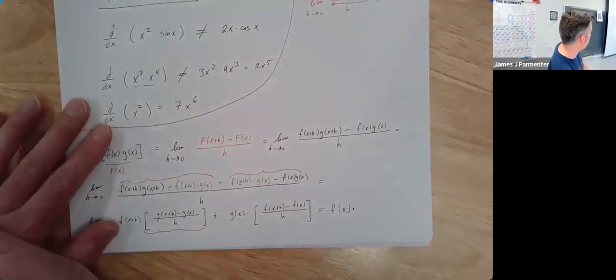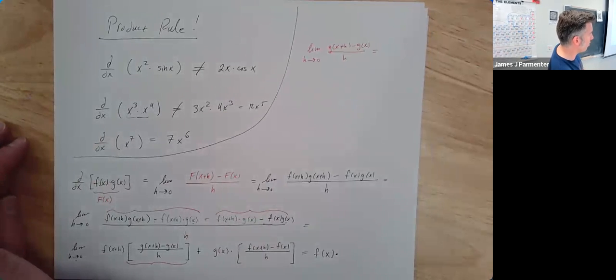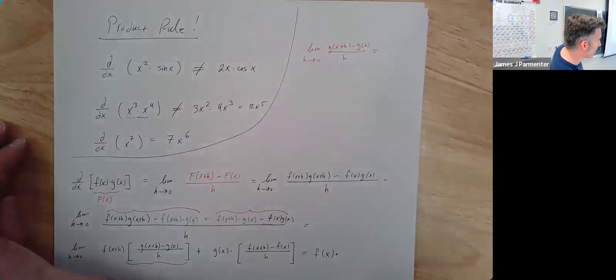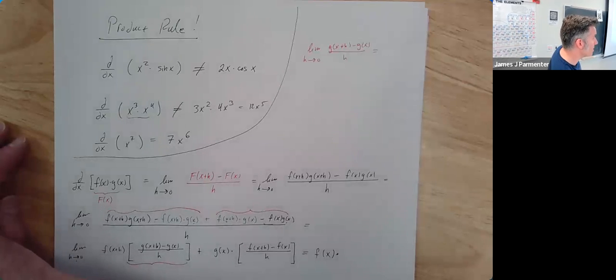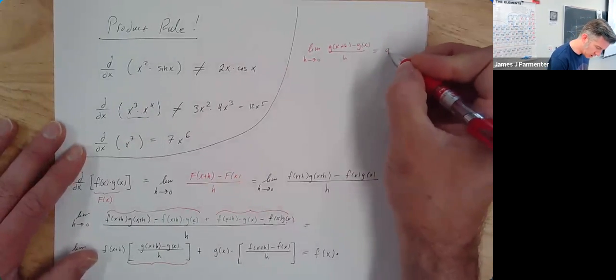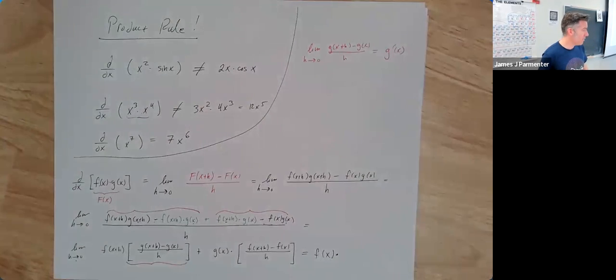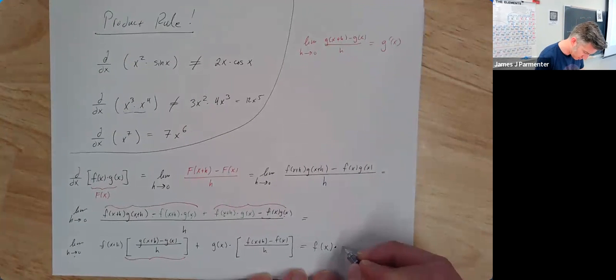You all would tell me I'm taking the what of g of x? It's the derivative. That is the limit definition of the derivative of g of x. So we can say, oh, that's g prime of x. And that's kind of the point: when you take the limit of this as h goes to 0, you get g prime of x